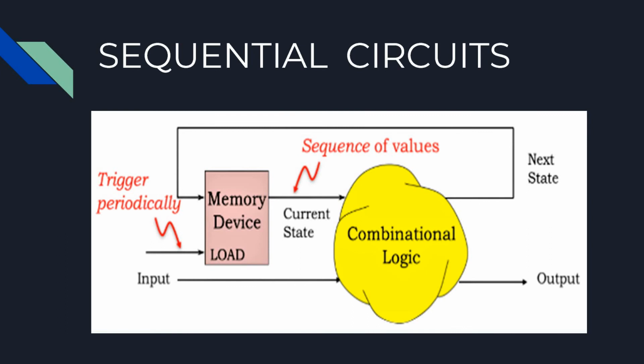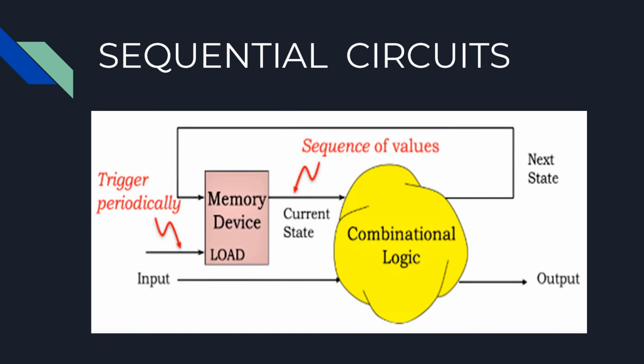One set of outputs is the next state of the device, encoded using the same number of bits as the current state. The other set of outputs are the signals that serve as the outputs of the digital system. The functional specification for the combinational logic specifies how the next state and the system outputs are related to the current state and the current inputs. The memory component has two inputs: a load control signal that indicates when to replace the current state with the next state, and a data input that specifies what the next state should be.